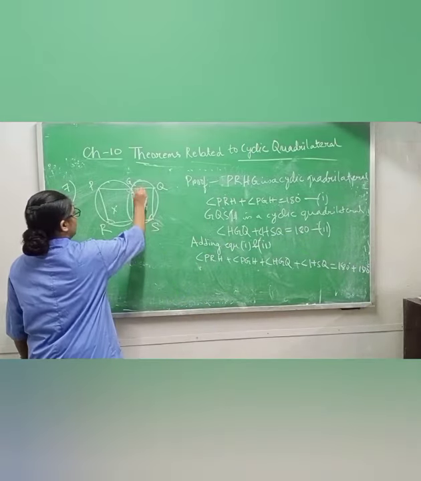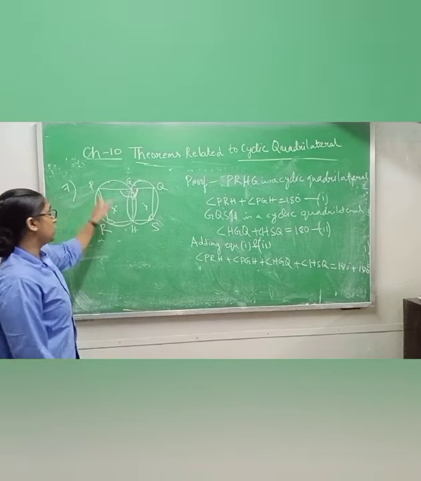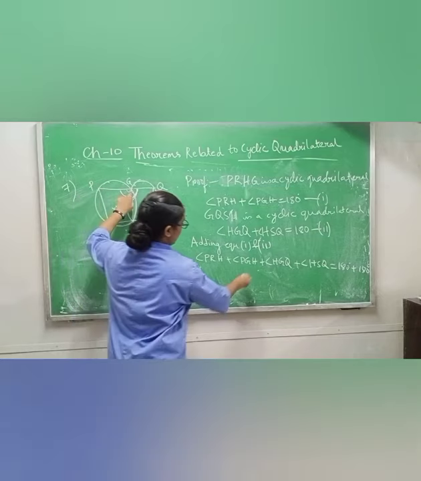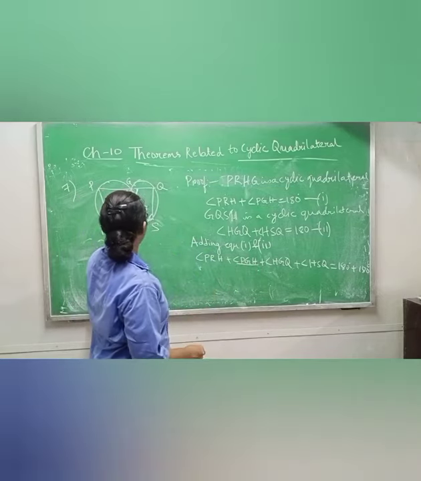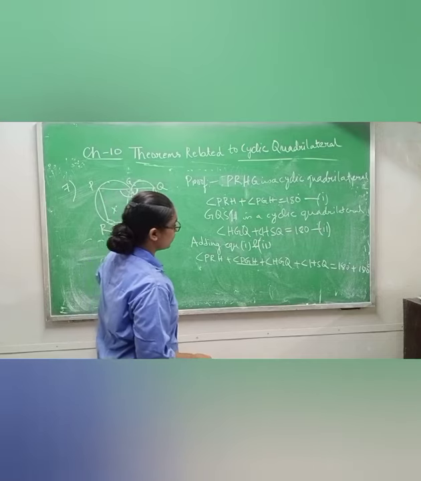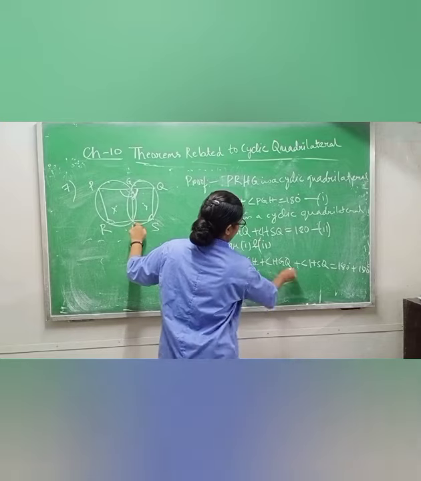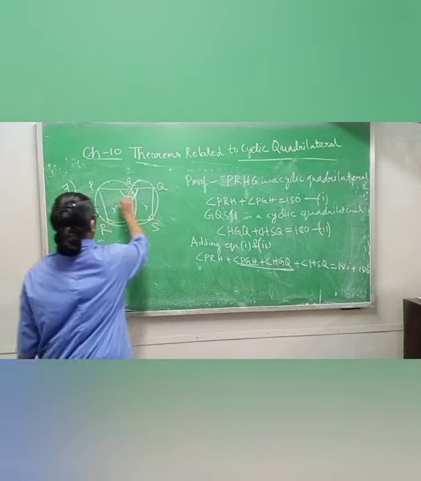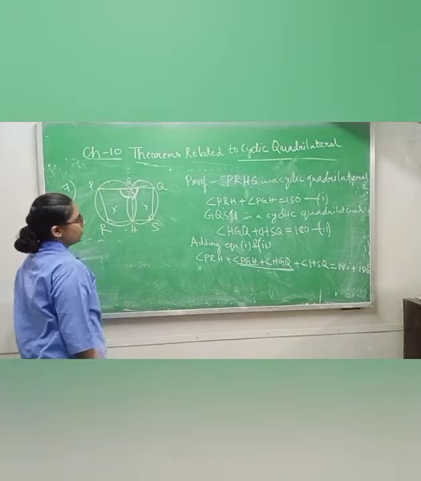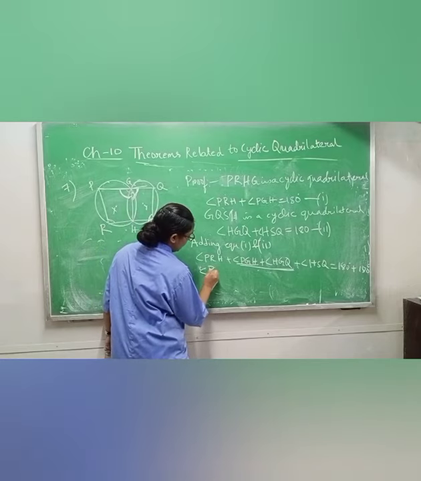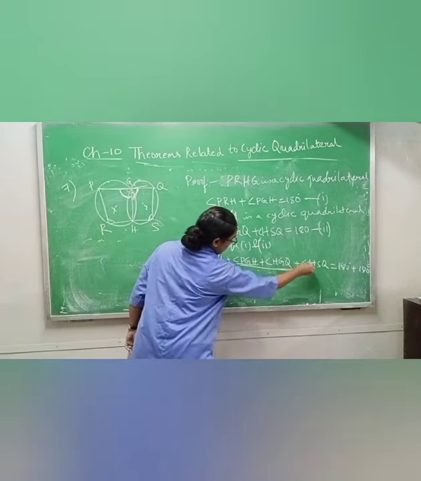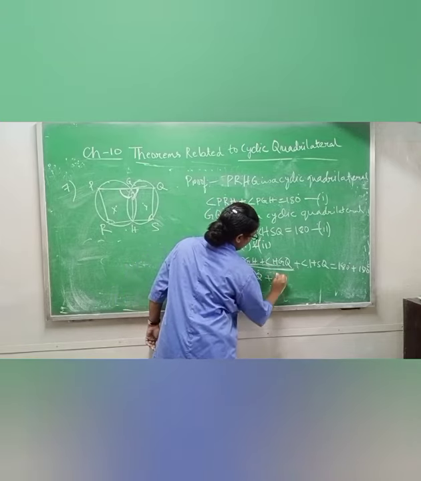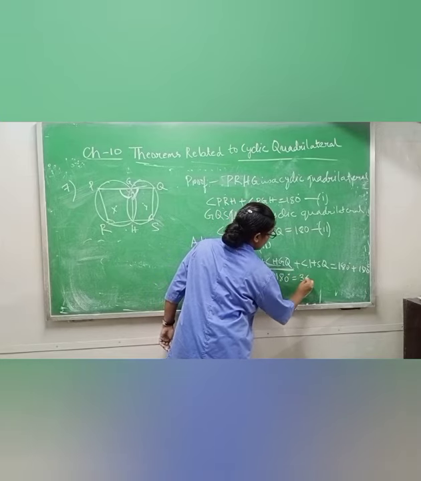Now this one plus this one will give you 180 degrees because it is a straight line. Which one? PGH. Where is PGH? This one, PGH and QGH, or SGQ, QGH same. So these two will give you 180 degrees, because it is a straight line and they are making 180 degrees. So I am writing PRH plus HSQ, and in place of this I am writing 180 degrees, equals 360 degrees.